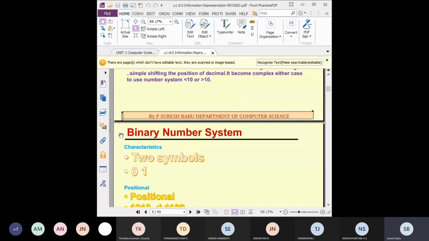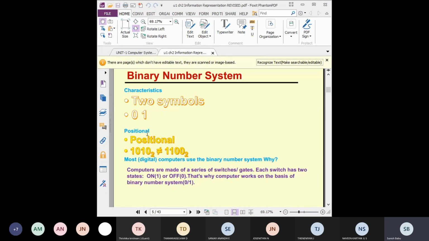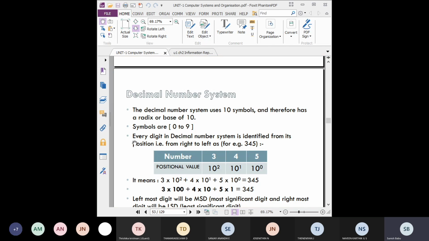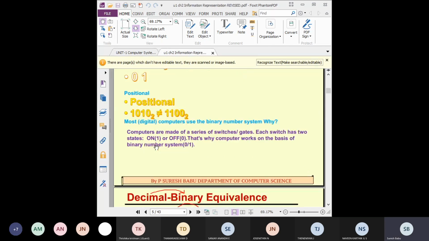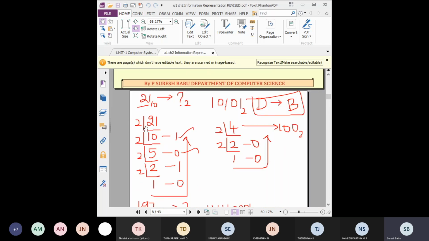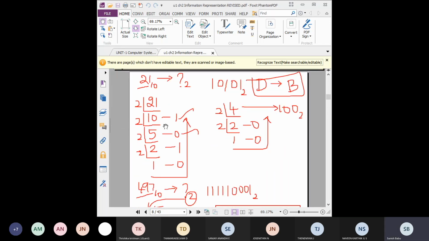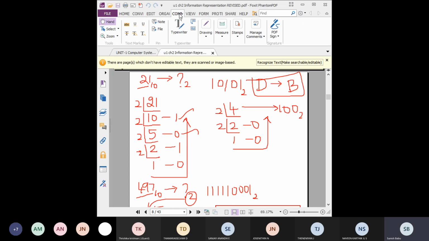And then we need to convert from every number system to every other number system. Okay, so first we need to convert from decimal to other number systems. Okay, see here, this is a decimal number, decimal to binary, decimal to octal, or decimal to hexadecimal. Everything will be the same procedure, that is repeated division by that particular required base number.